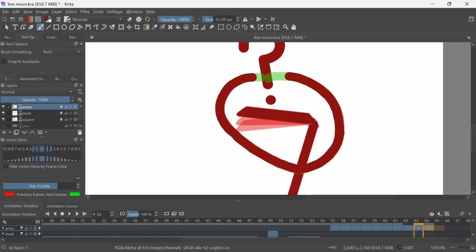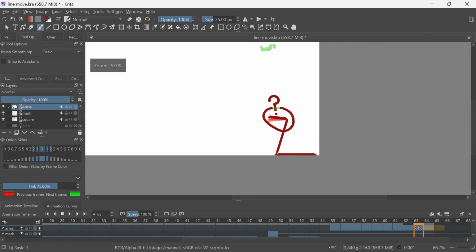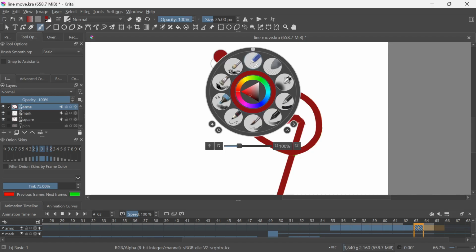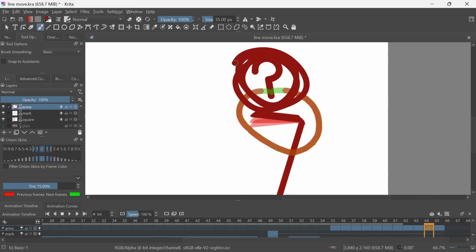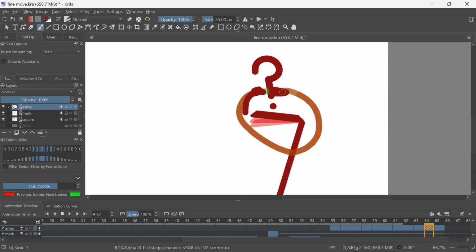Okay, so, he's gonna... I stubbed my toe on my computer. What he's gonna do is he's going to grab... I'll go ahead and do it on a spare frame. He's gonna grab this, the question mark, with his hands. Both his hands are gonna grab onto it, and then he's going to